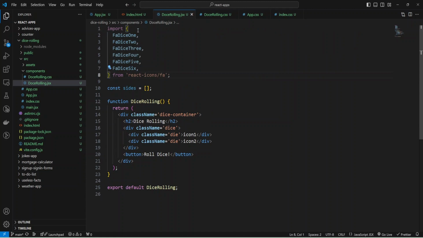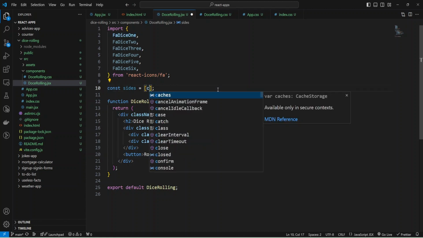Okay, and now we can add all these icons into our array, and just copy paste.